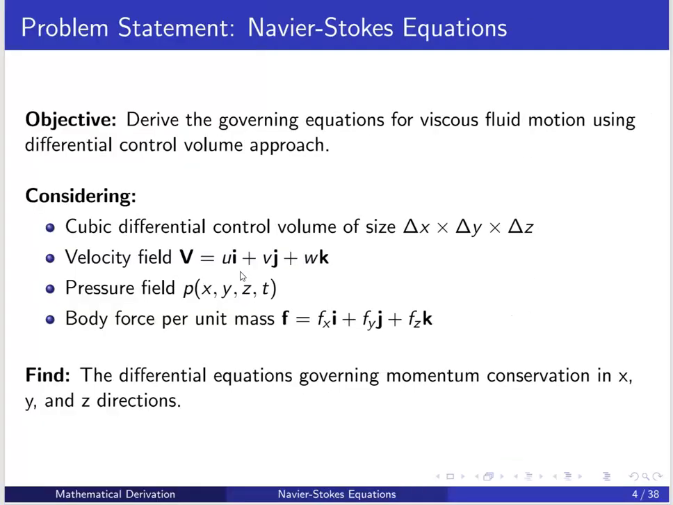Now here is the problem statement of the Navier-Stokes equation. So here is the objective: derive the governing equation for viscous fluid motion using the differential control volume approach. Here I am considering a cubic differential control volume of size del x into del y into del z. The velocity field is V = Ui + Vj + Wk, and the pressure field is P of x, y, z and t. The body force per unit mass is F = Fxi + Fyj + Fzk. Now we are going to find the differential equation of the governing momentum conservation in